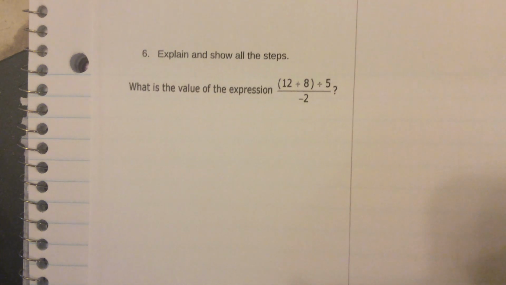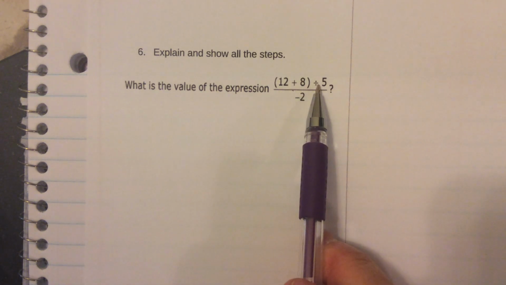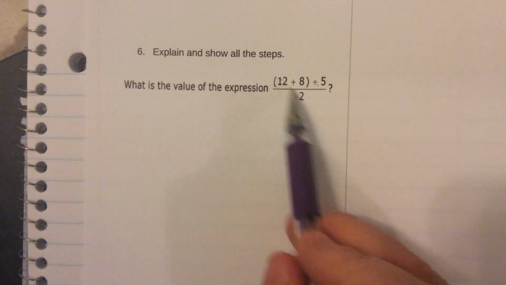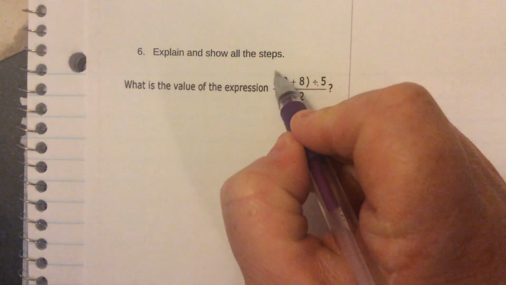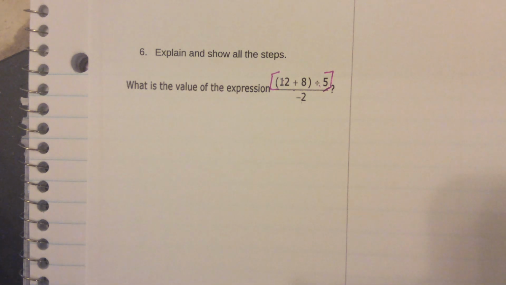Number 6, we're almost done. Explain and show all the steps. What is the value of this expression? All right, well, I have parentheses. I have addition and division and then another division. But be careful. This is not every number up there divided by 2. That is like a big grouping symbol on top where everything together, when I simplify it, then I divide by